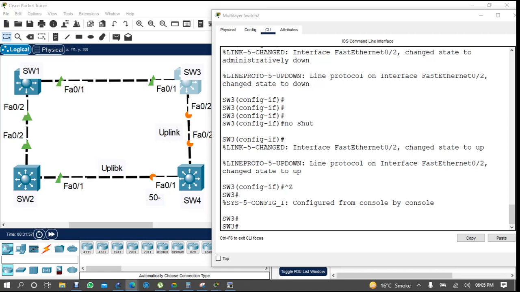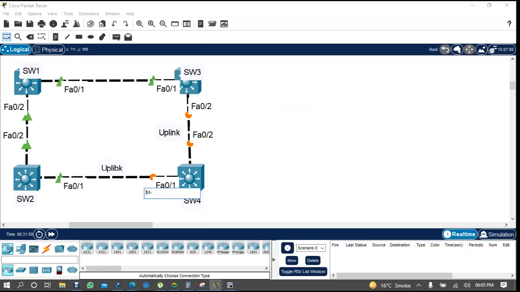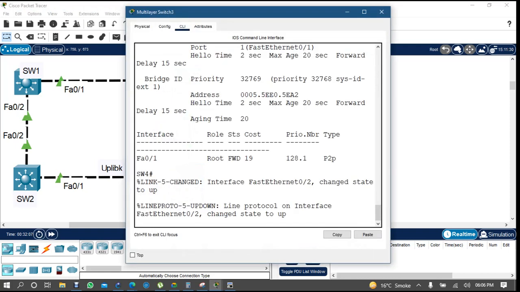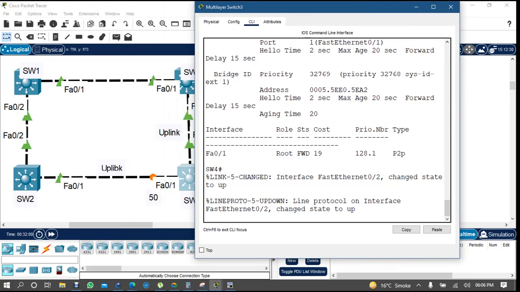Normally it is taking 30 seconds or whatever, 50 seconds. Normally, what will happen, it will immediately bring that port into forwarding state. So if I'm coming to switch 4, what I will do,